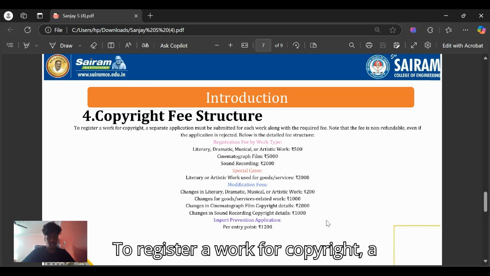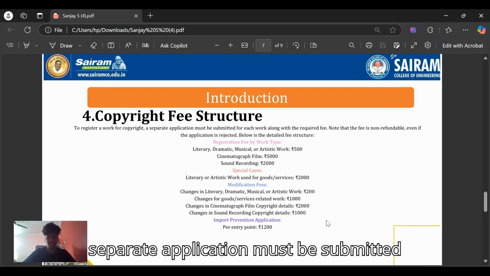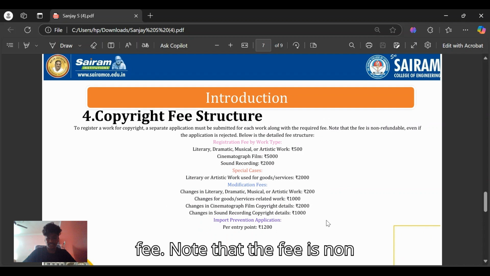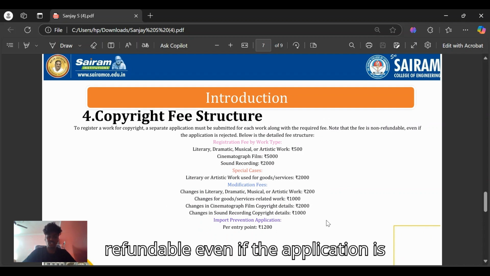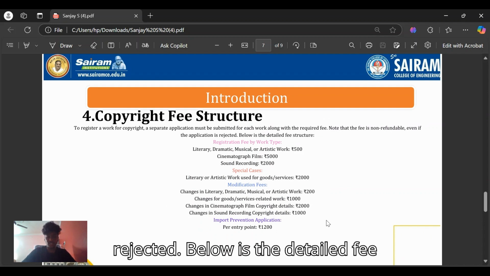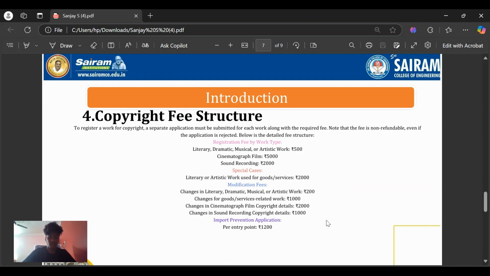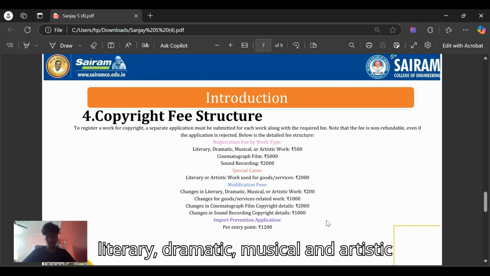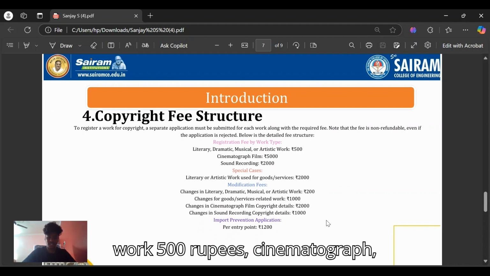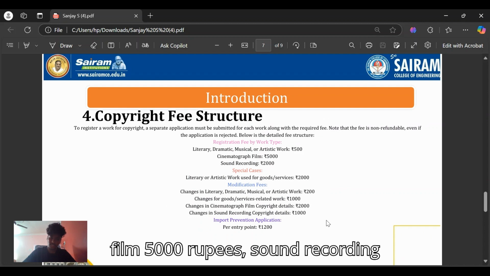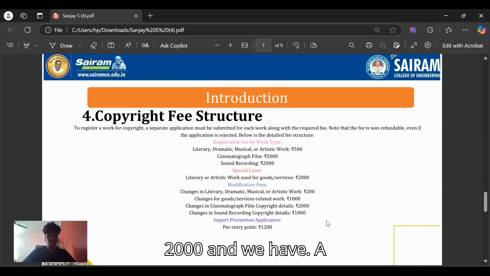To register a work for copyright, a separate application must be submitted for each work along with the required fee. Note that the fee is non-refundable even if the application is rejected. Below is the detailed fee structure. Registration fee by work type: literary, dramatic, musical, and artistic work, 500 rupees; cinematograph film, 5000 rupees; sound recording, 2000; and we have a case called special cases,